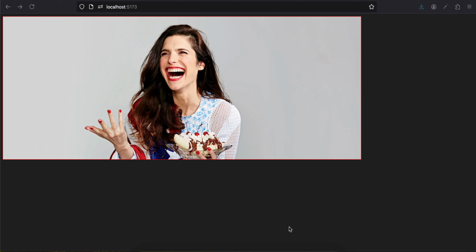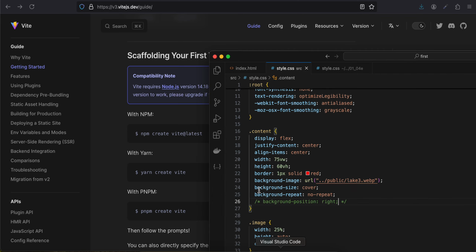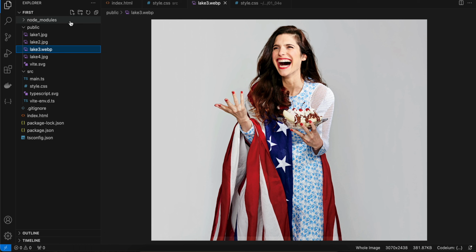In this video I will show you how you can position the background image using CSS. So I have created an application using Vite, but you don't really need to do that. You can create a normal index.html and CSS file. And if I show you my project, I have just added one image, this lake3.webp, inside my public folder because